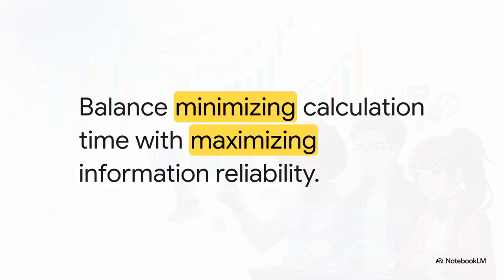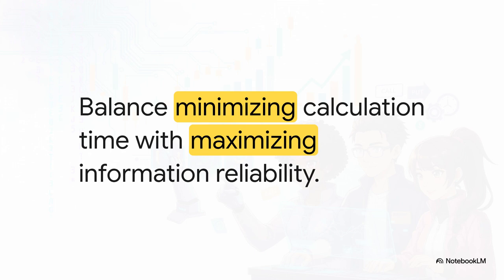But balancing those criteria leads to a massive hurdle, the optimization trade-off. The authors highlight this constant battle between minimizing your calculation time and maximizing your information reliability. Think about it. If you try to test every single parameter variation to find the absolute perfect golden setting for your strategy, you are going to quickly run out of computational power. The market simply has infinite variables. System builders have to make calculated compromises to tune the engine efficiently, getting maximum reliability without wasting endless computing resources